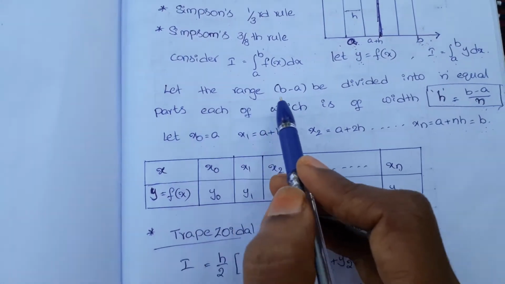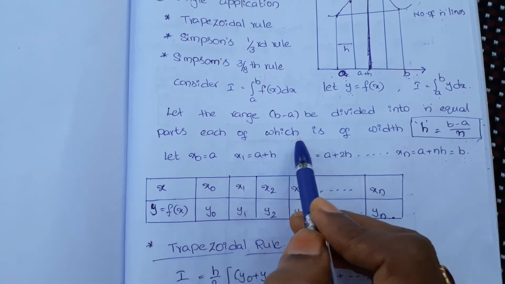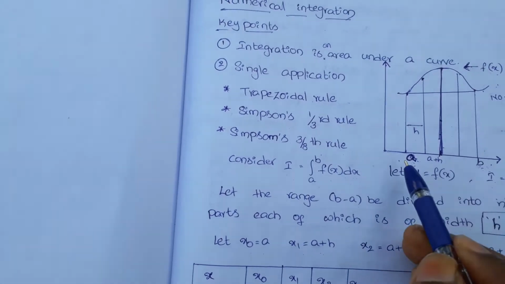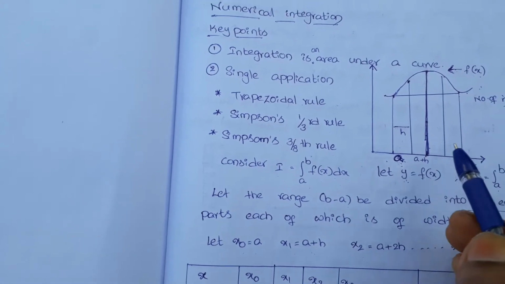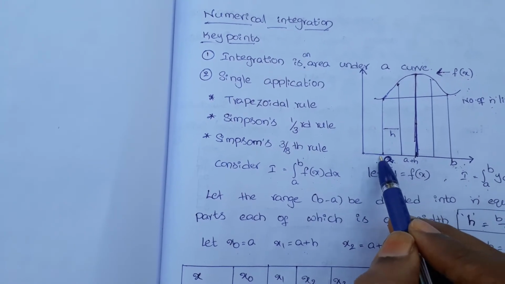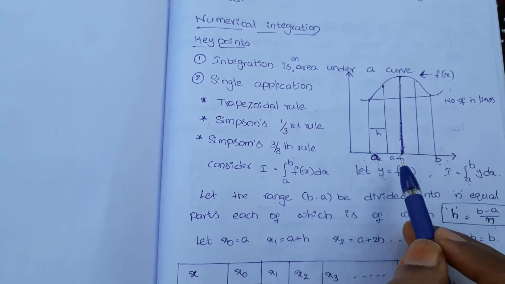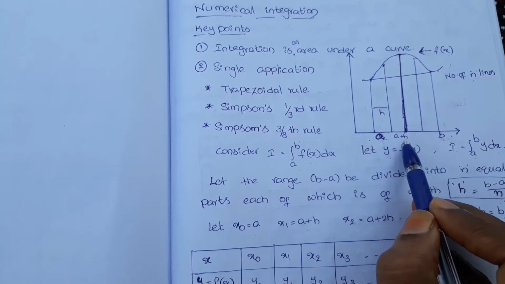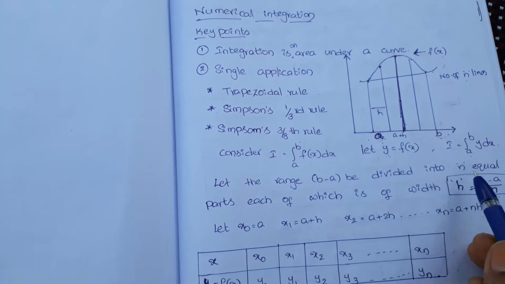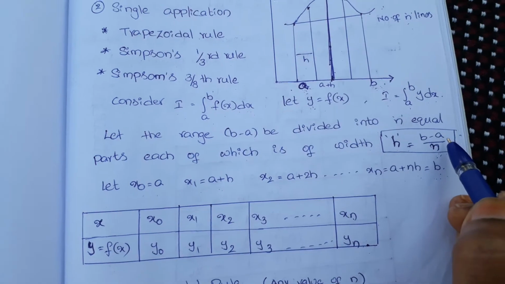Let the range b minus a be divided into n equal parts, each of width h equal to b minus a by n. That means the limits a and b can be divided into equidistant parts. The distance between two lines is represented by small h, called a strip, and the points are a plus h, a plus 2h and so on, a plus nh. That means we can find the strip value, h is equal to b minus a by